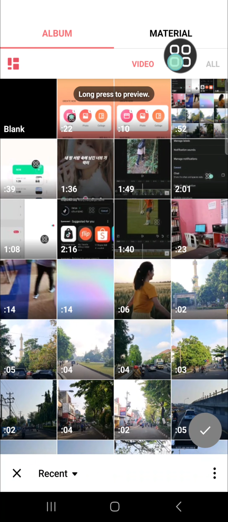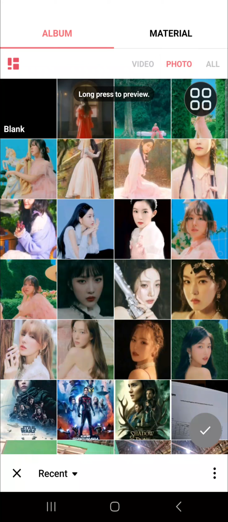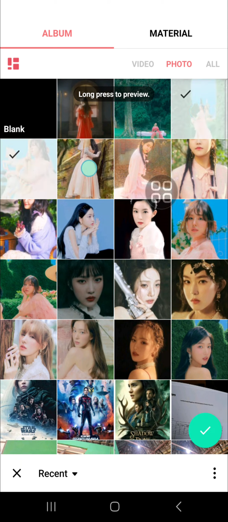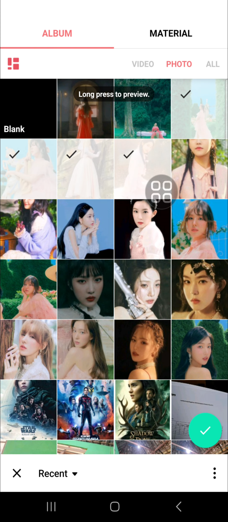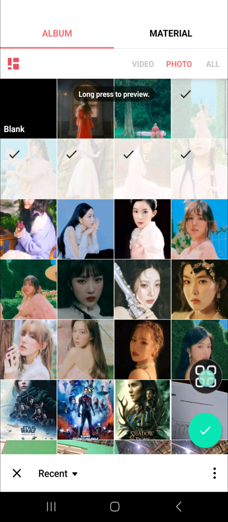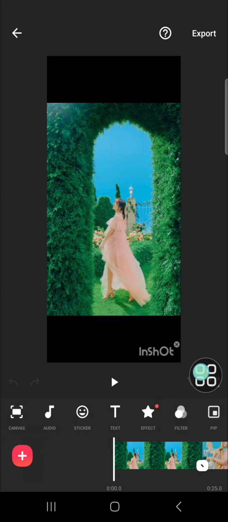You can go to the photo section to access your photos from your device, and here I'm just going to pick random photos. I'm going to add this one, add this one, and this one as well. Once you're done choosing your photo, you can click on this check mark and your photos will be added to